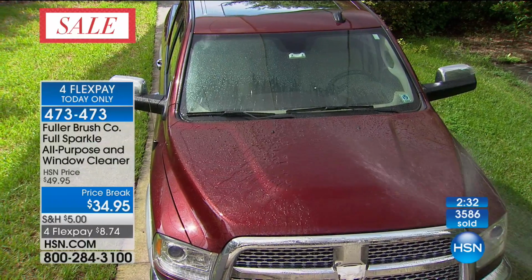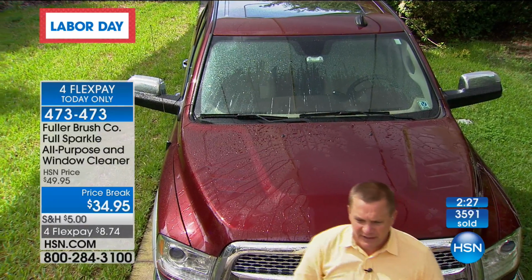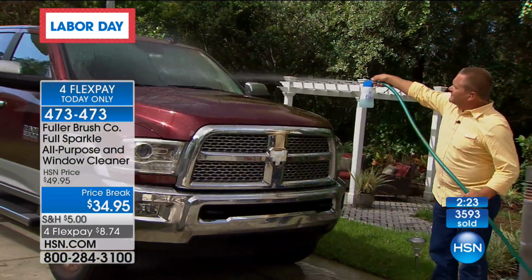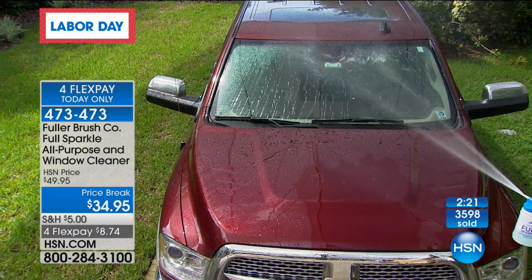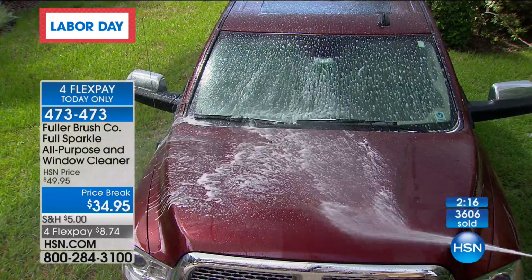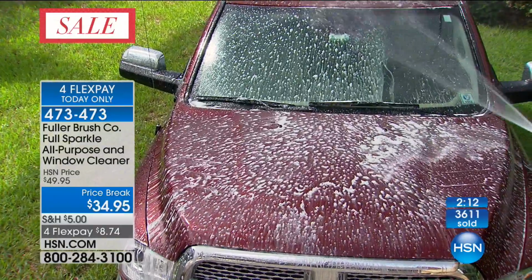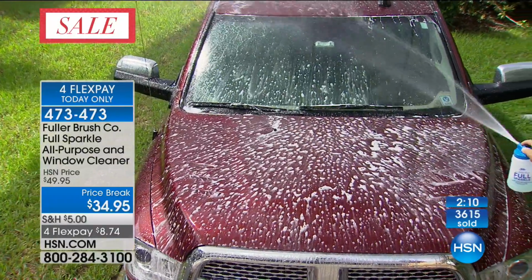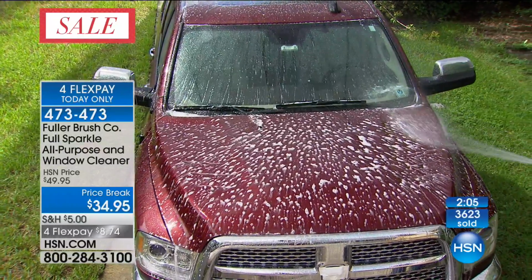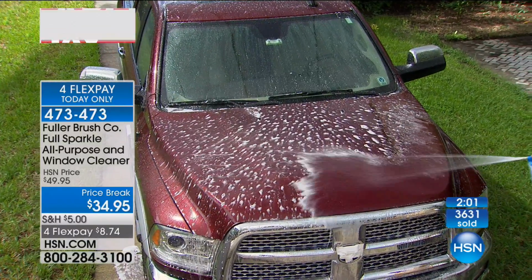Now, I've got this truck here, and I'm going to show you. This is a pretty high truck. I'm going to stand here in front of it just so you can kind of get an idea. There's no way I could get up to that window. But watch this. I can easily reach that with Full Sparkle. Now I can add the detergent. I get all that road grime off, all the bugs, all the road tar, all that stuff. And then by releasing my finger from that hole, now I'm rinsing it with fresh, clean water that comes out of your garden hose. You use the garden hose that you have at home. It cleans, it polishes, it shines. Your windows will absolutely